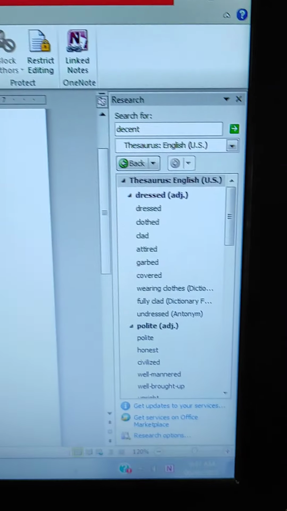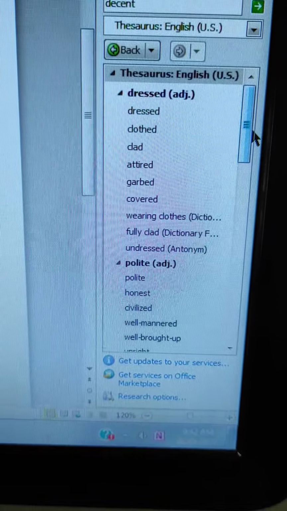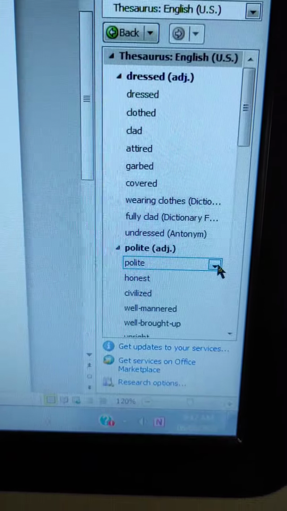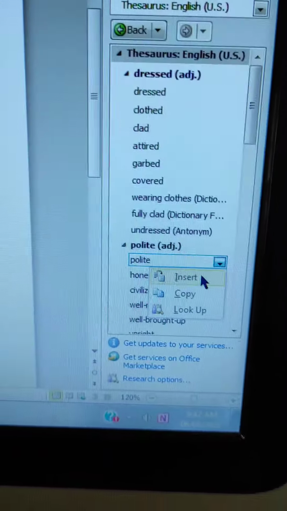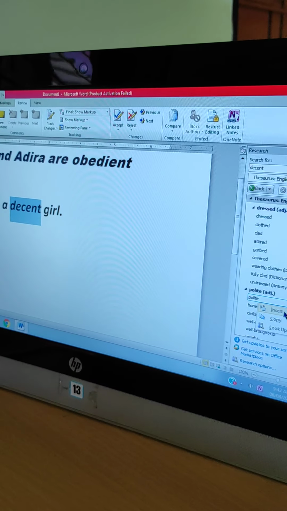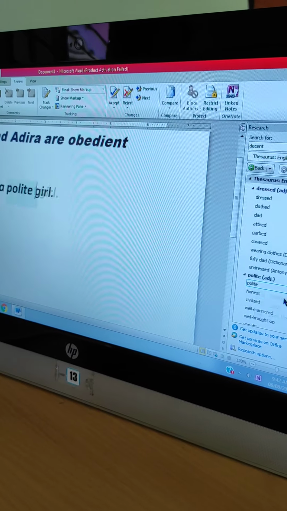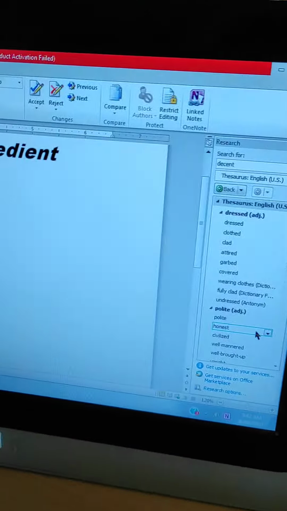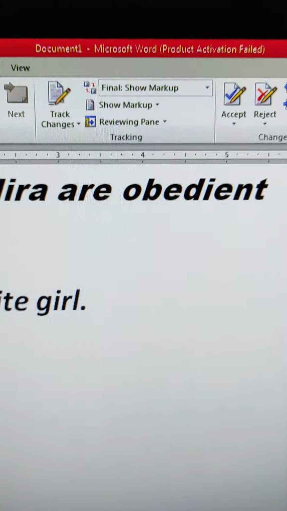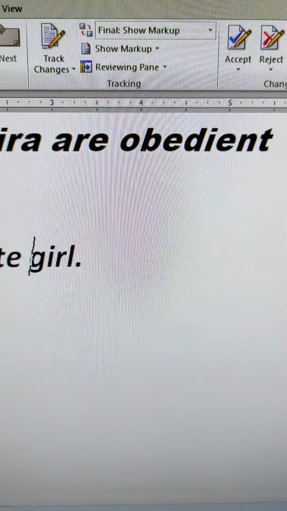You will get this box. Now you can see in place of decent we can give polite. Insert it. If you click on the Insert option, decent will change to polite in this way. Understood, students? Like this you can change the synonyms and antonyms in your MS Word.